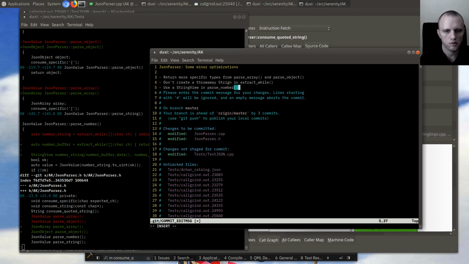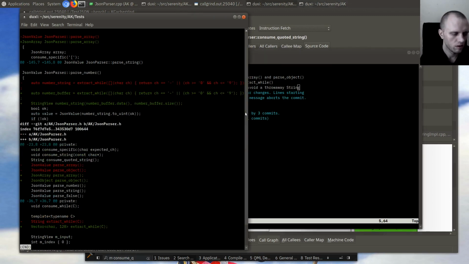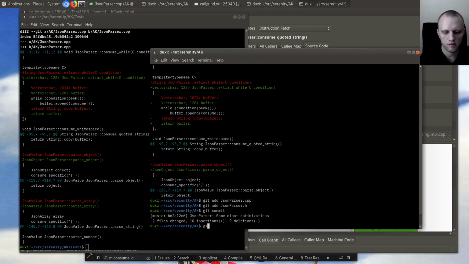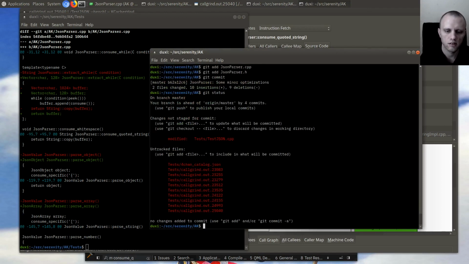Parse number to avoid string. Okay, I think that's pretty good. Some dots, because I like dots. Okay, and then